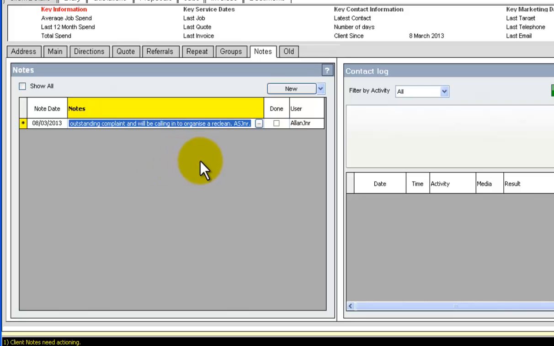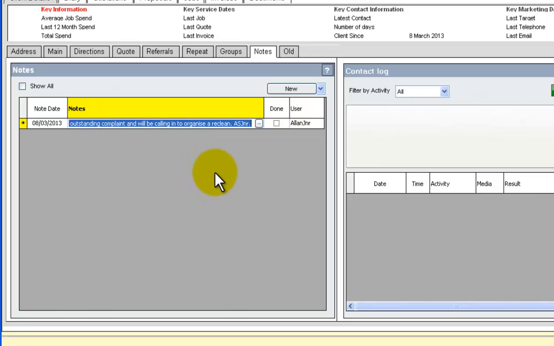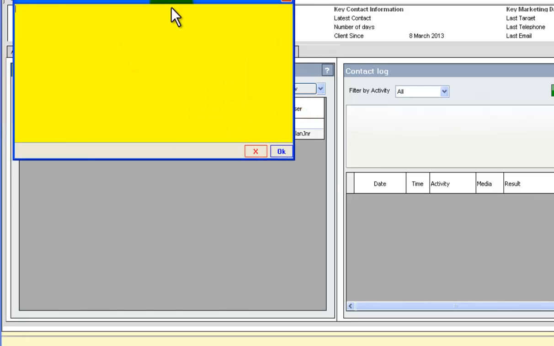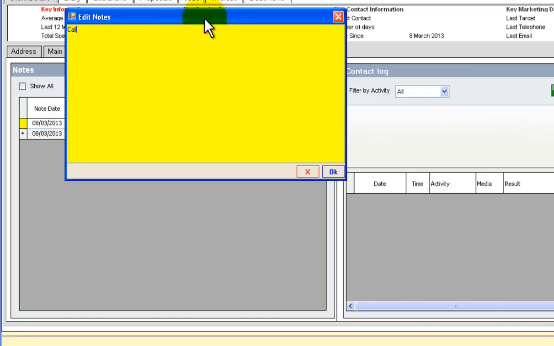You can also use this if you've tried to organise delivering the rug back. So you've made a call to the client and there's no reply, but you've left a message saying call us back, the delivery of your rug's ready. You can click add new note on here, and then you could put in here, for example, called to organise return of rug. And then when the client does call in, obviously whoever logs in, if it's a different person,